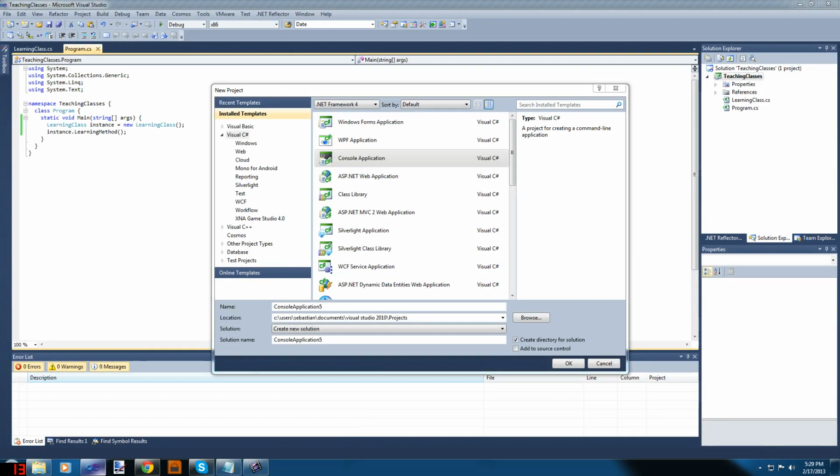Hi. So today we're going to learn how to do two things. We're going to learn about how to write a file to your computer. As well, we're going to learn about these handy dandy using statements that you see. So we're going to make a new project, and